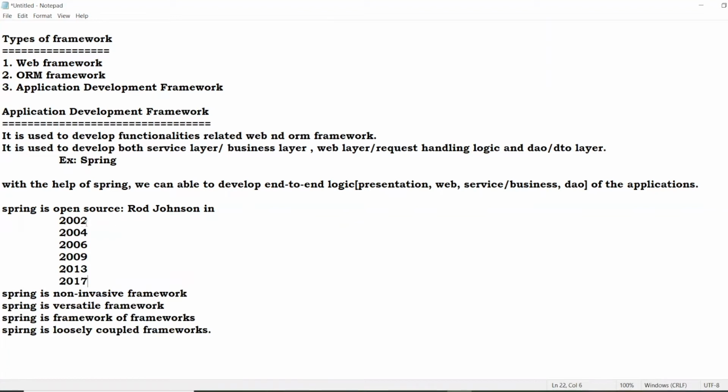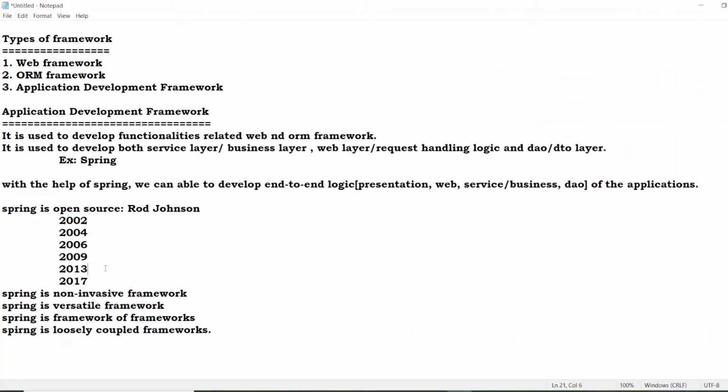Before 2002 we only had 0.9. In 2002, the Spring Framework was first released in the market. Then Spring 1.0, 2, 3, 4, like that, it keeps on going.